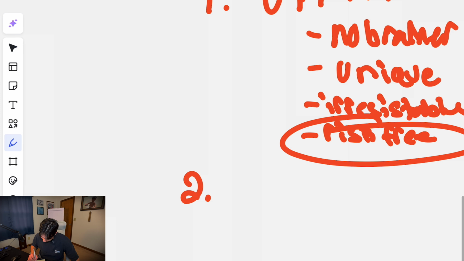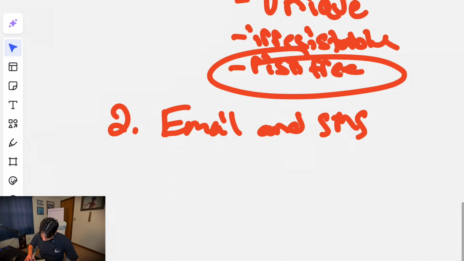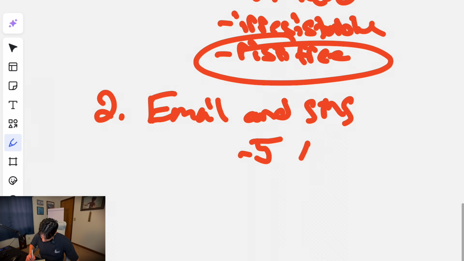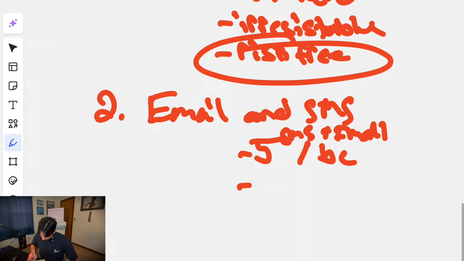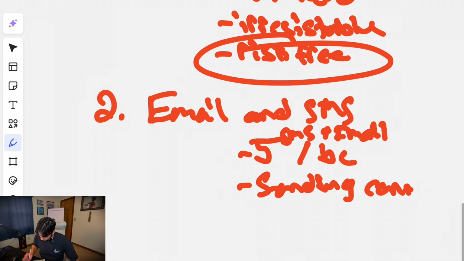Next, email and SMS flows, right? Very self-explanatory, very simple. I recommend sending around 5 SMS plus email per booked call, okay? And then we're going to be sending content. And these content are going to be sales assets